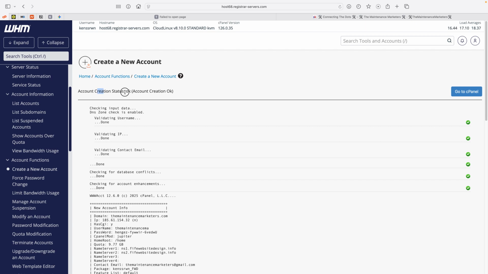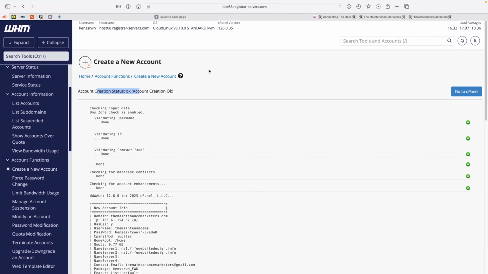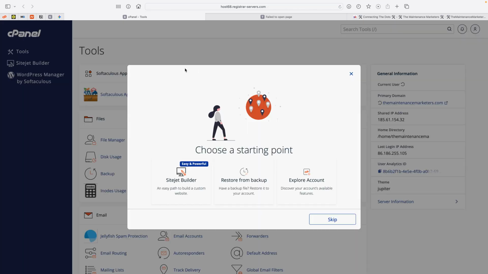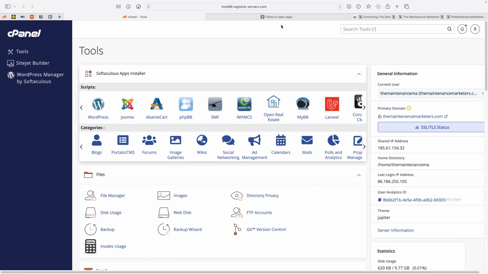So the create new account creation status is okay, so everything looks fine there. So what you do is go ahead and go to your cPanel. So this is the brand new cPanel control panel for our domain name. So our domain name is connected to our hosting now, and it has its own standalone cPanel. So in your cPanel you're going to look for